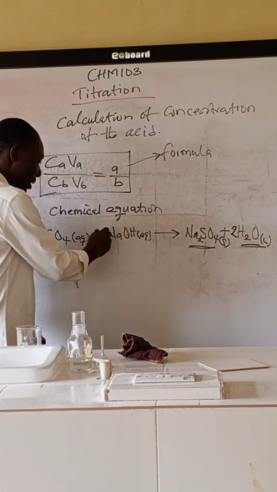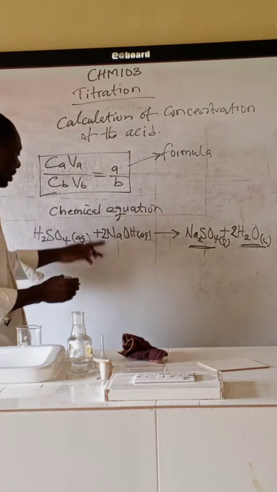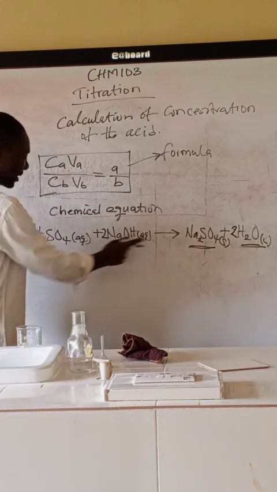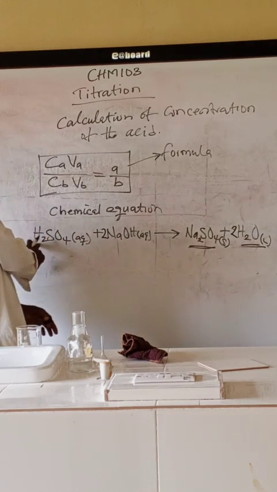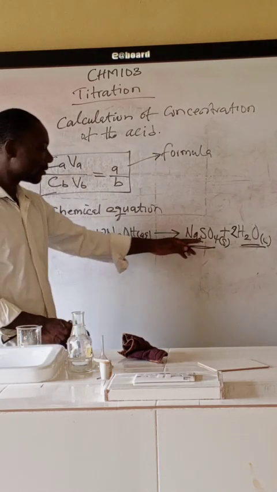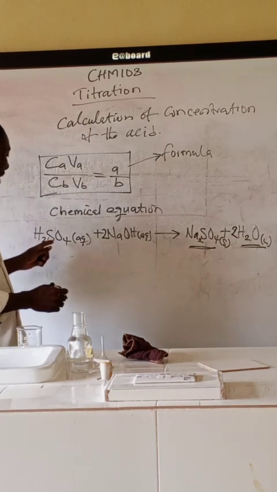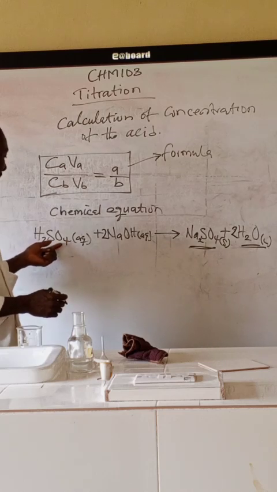We add 2 here. Now, we have these 2 affect everything here. So here is 2 hydrogen, here is 2 hydrogen, it's now 4 hydrogen. Here we have this times this is our SO4. We have just one SO4 here,